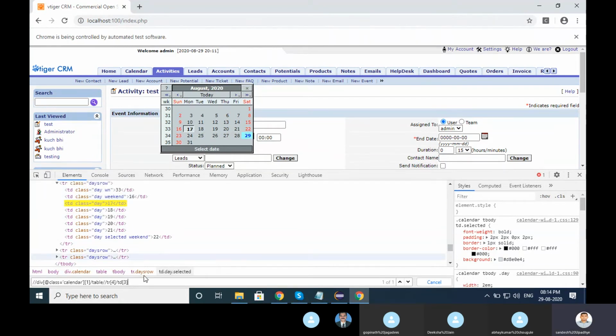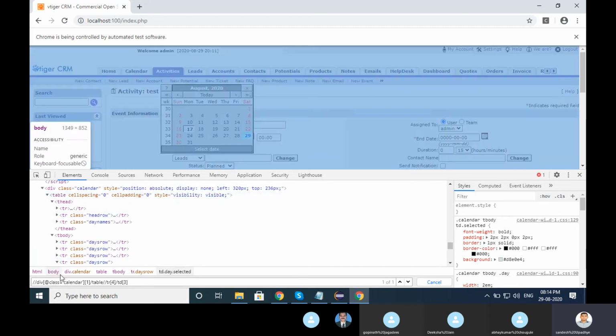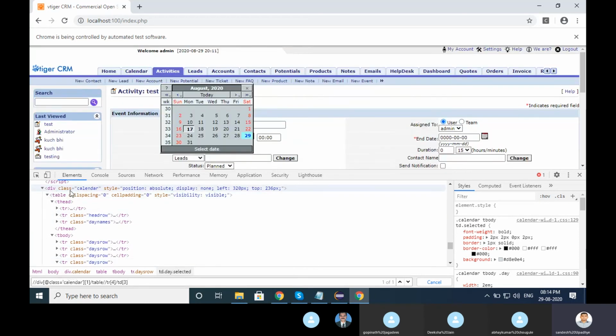It's coming to 17. What I did, there are multiple things I told you to find the XPath itself. I just went to the main div where we have something main things. It's starting from div, right? So I just took first div, into the div class I just took the class as a calendar.